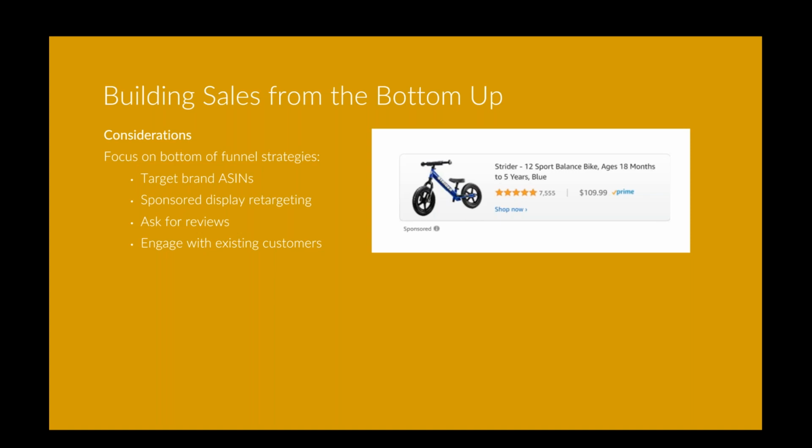So again, if we think about starting with the shopper's journey towards the end of the shopping experience, we can increase that conversion rate by making sure our content is fully optimized. Again, some of the things we talked about: targeting our own brand ASINs through advertising, whether that's through sponsored products or product targeting ads, or through sponsored display, retargeting shoppers who have already visited our listings, engaging with customers who have reviewed our product in the past, or using the tools available to ask for reviews in a compliant manner.